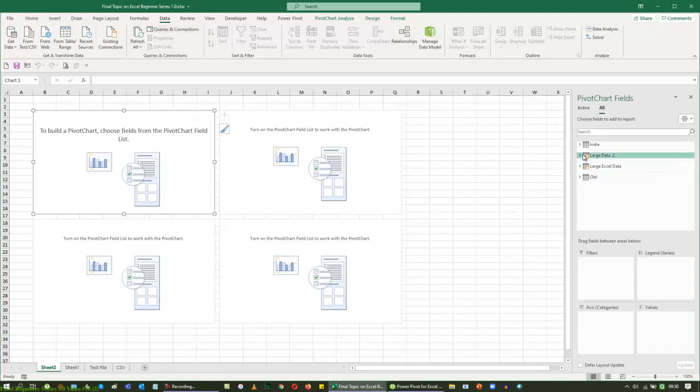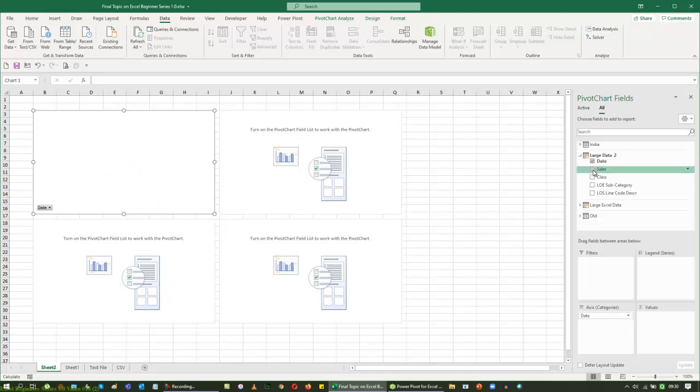And now I have a large data too. I'm going to give a tick mark in the date and sales. Remember, sometimes when you click the tick mark, it goes to a different logic. So it won't go to the list here. If you go for a normal pivot table, your bottom part, the drag and drop field will be very different. Here it will show a filter, column, row, and value. But when you get into a Power Pivot window, it will show the legend series, axis category, and point. So if you have a larger data, please put most of them in the axis category, not in the legend series. Then I'm going to tick the sales.